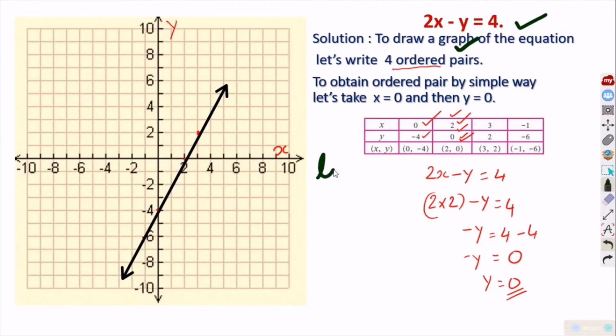So ultimately, I remember something very important here. We started with a linear equation. The spelling of linear equation is linear. That means there is the word line here, and we got a line in the graph. That is why a linear equation is called a linear equation. You get a line when you convert a linear equation into a graph. Understood, my dear students? That is the beauty of it.